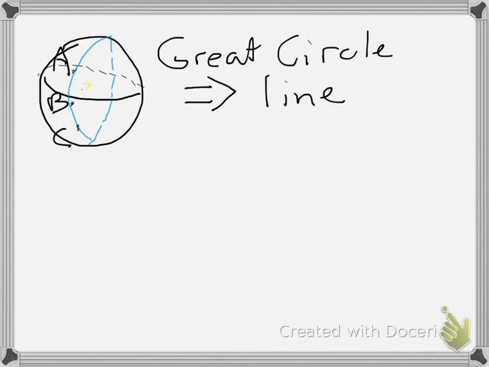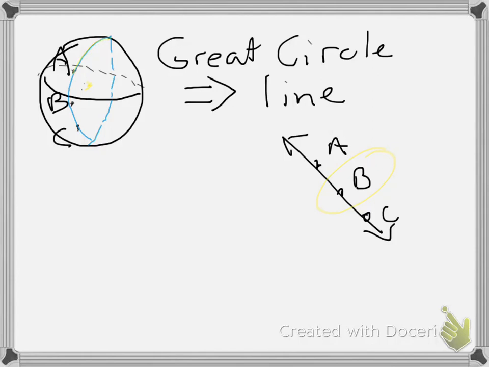That is, they lie on the same great circle. So I said that already. If the points appear in that order, which point is between the other two? Now let's think about a line. Okay, if I put them in an order, A, B, C, A, B, C, which one is in between? Well, clearly B is in between. Okay, but let's look at that great circle, depending on where we start. If we start at A,